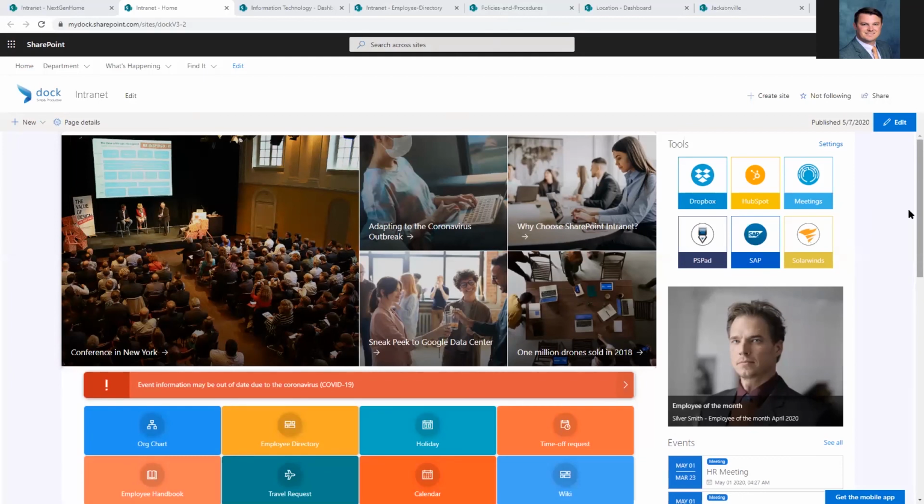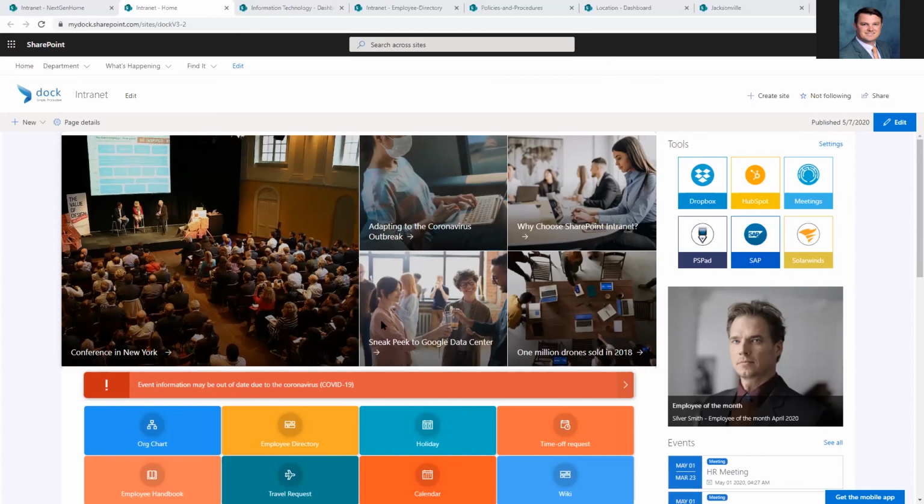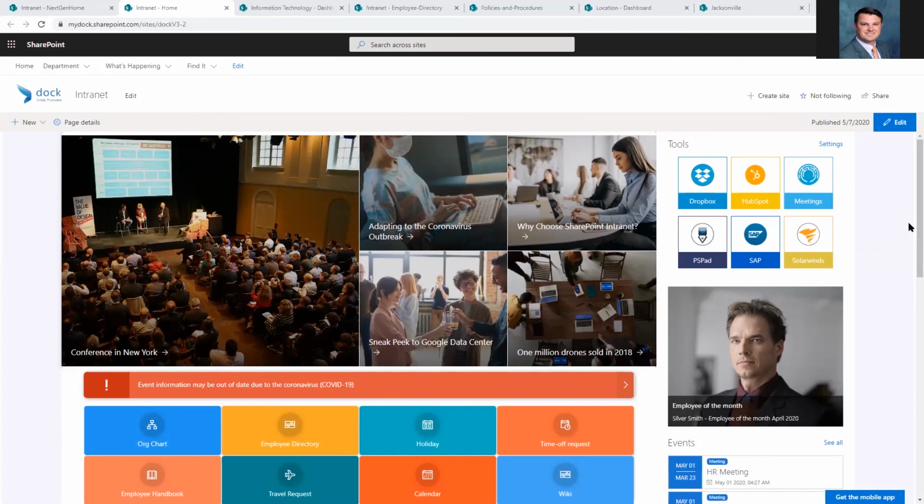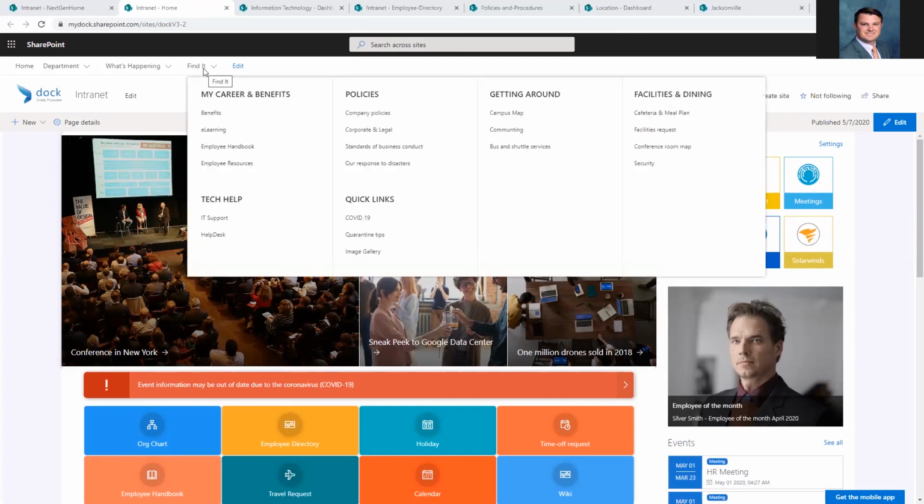When your employees log into the landing page, this is something that they might see. We'll add your color scheme, your branding, your logo. They'll have their news right here, so as soon as they log in, they can see what's going on within your company. They'll be able to open this, see any videos related to the company or any relevant information. We can have an employee spotlight right here. We have a customizable topography, which we can add for your company.